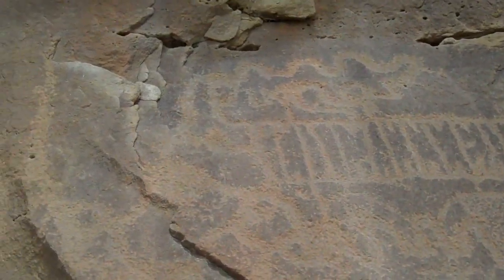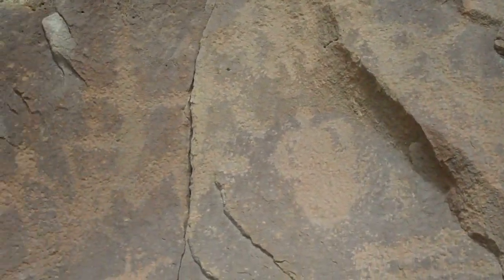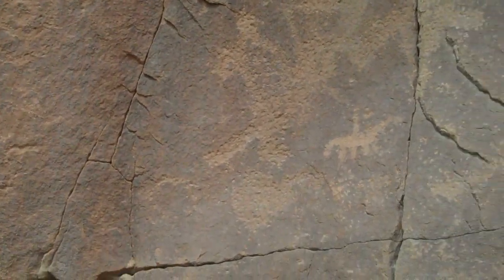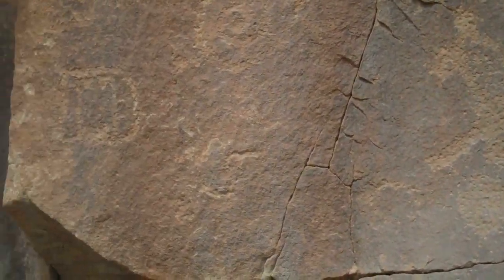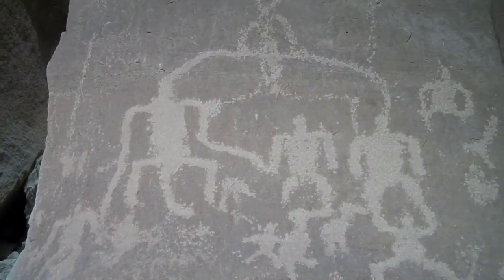And we'll pan back one more time. There's our little guy on the horse. And back to the end. And then we've got some other. And next door is a spectacular, truly spectacular